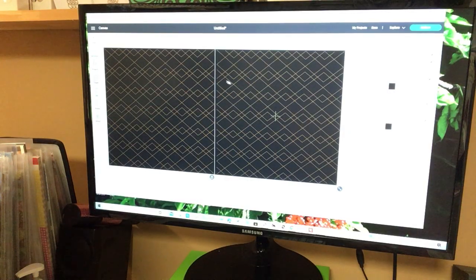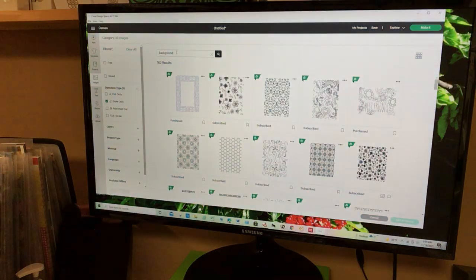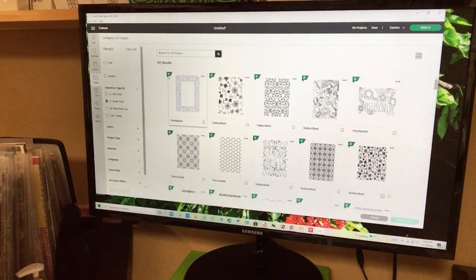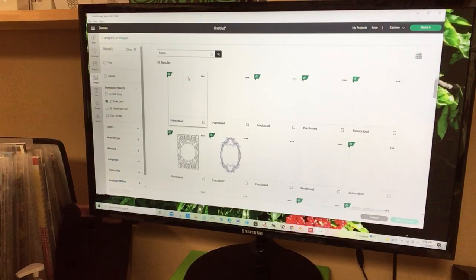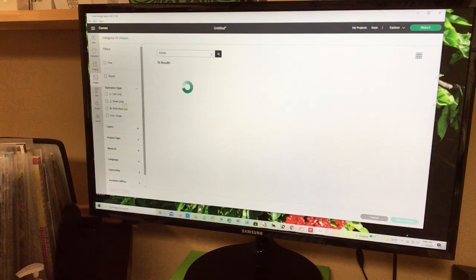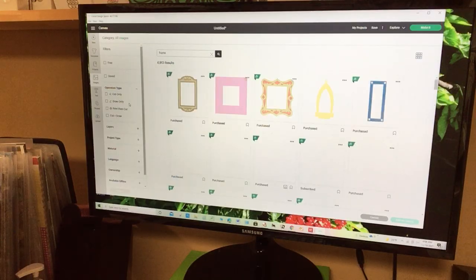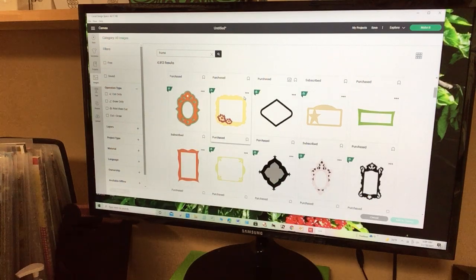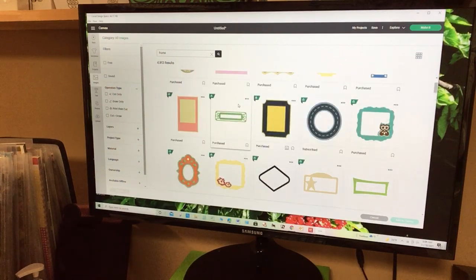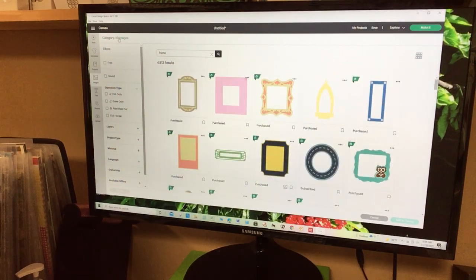So the next thing I'm going to do is look for a frame for my photos. So I'm going back to Images, and I'm going to type in frame. Oh, I have to get rid of that. There. Alrighty, so I can scroll through these forever, but I have an idea of what I want to use. And it happens to be,